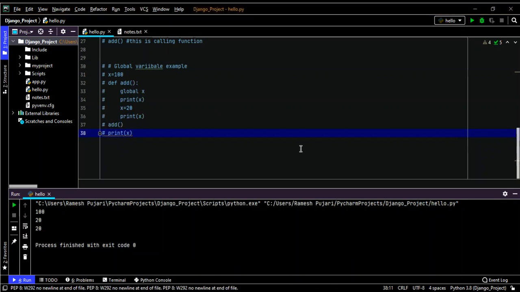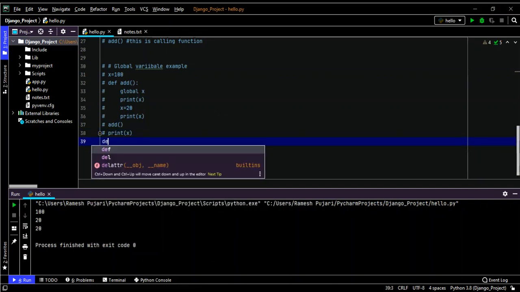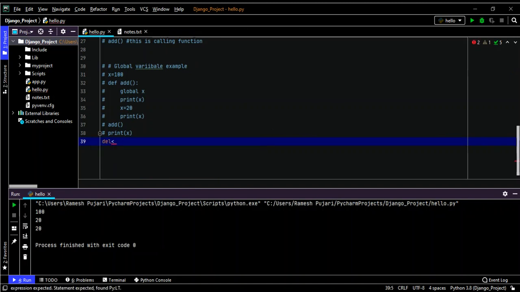Next, I'm going to explain deleting variables. In Python, we have the keyword called del. This keyword is used to delete variables. The syntax is del and the variable name.